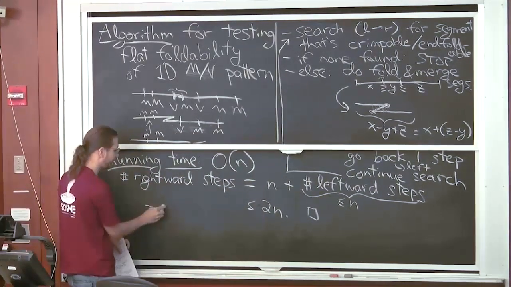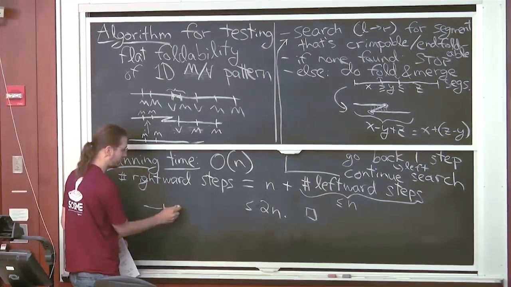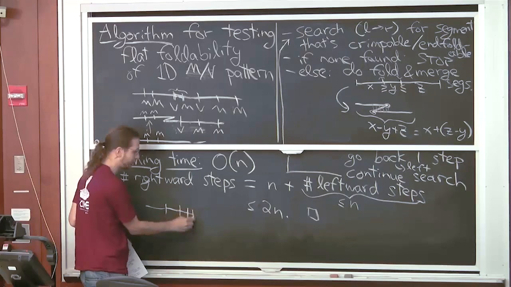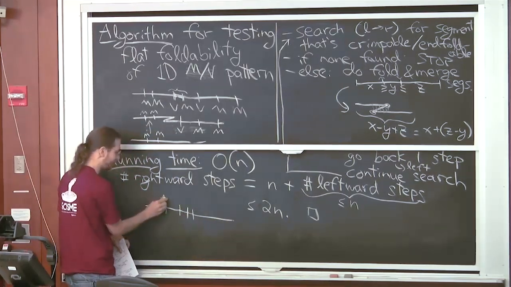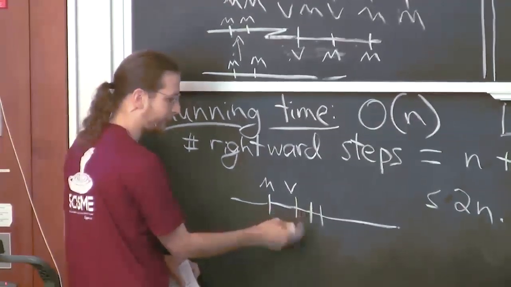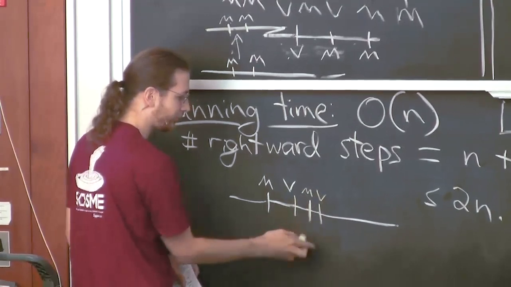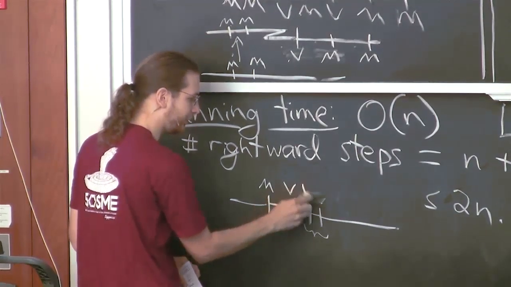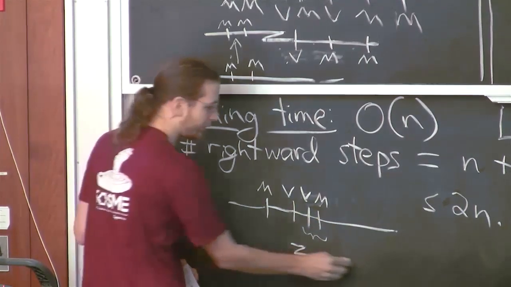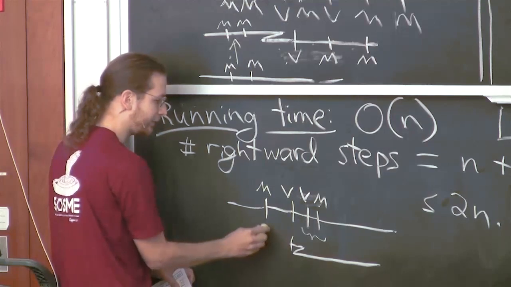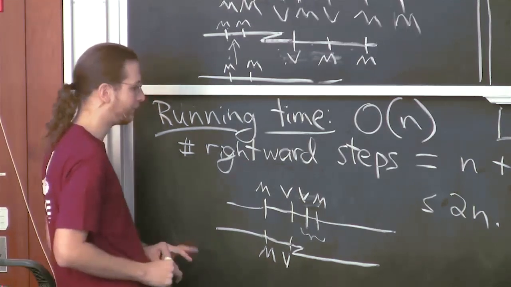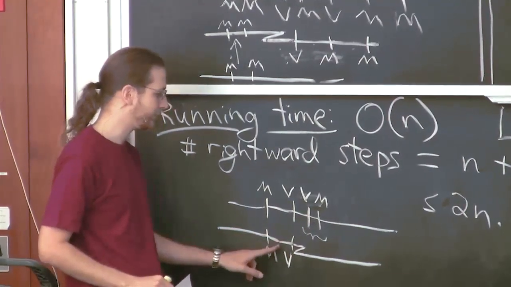Because if you had something that wasn't crimpable because this was too short, and then, okay, here's an example. Good question. I hadn't thoroughly checked. So we scan, this guy's not crimpable because this guy's too short. Then suppose we jump to this guy. I'll do valley mountain to make this definitely not crimpable. We look at this guy, we do the crimp, and now suddenly we have this nice big length. And so now this pair is crimpable. Good. So that's why we need to go back a step. After we crimp this guy, this one becomes crimpable.